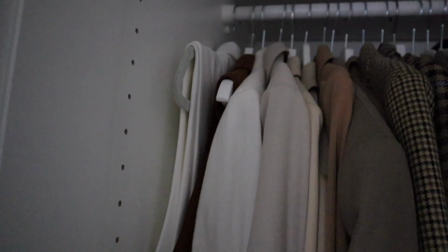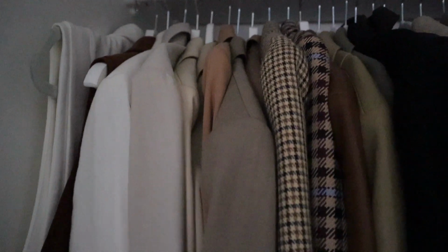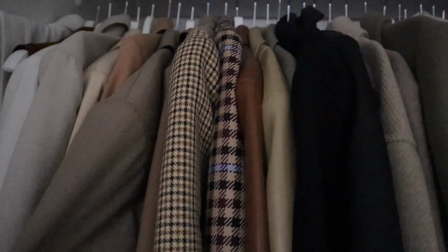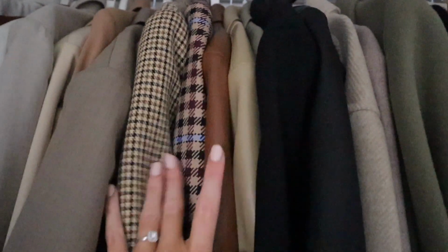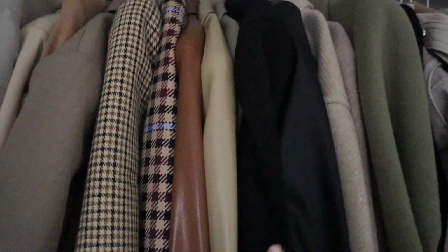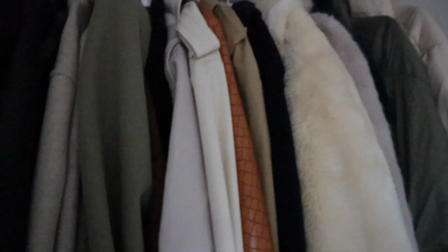So starting at the front, I've got the sleeveless blazers here, and then going on to the lighter coloured blazers, the checked ones. I don't have many, but I have these 2. Then going on to the leather ones, then on to the wool ones, and then the jackets. So we've got my rainwear jacket, my PU jackets there, and my trenches, then my wool coat, and going on